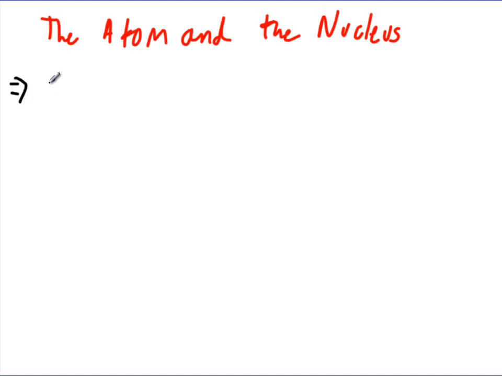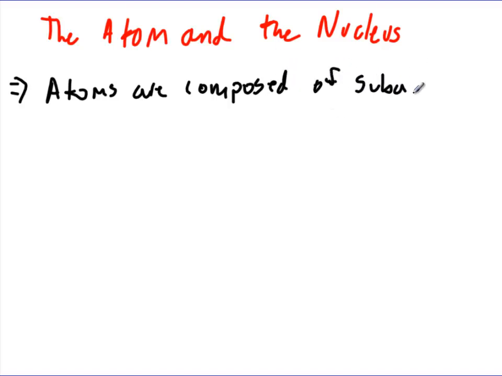We know that all atoms are made of three parts. Atoms contain three subatomic particles, they're called. Subatomic means smaller than atoms. So atoms are composed of these little particles that make them up, and they all contain the same three. It's just how many of them are in there that changes the atom. They are the proton,